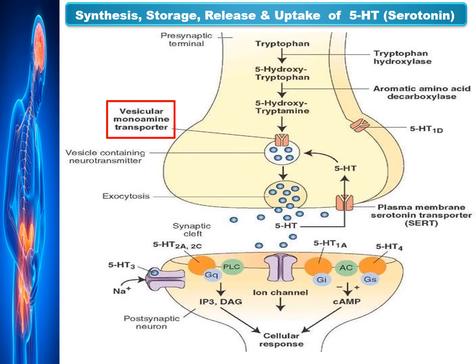Here, the uptake takes place through plasma membrane serotonin transporter. It is an active amine pump located presynaptically on serotonergic axon terminal that transports serotonin from synaptic cleft back to the presynaptic neurons. It is believed that this pump serves as an index of serotonergic innervation. This pump is blocked by the selective serotonin reuptake inhibitors which we are using to treat the depression.